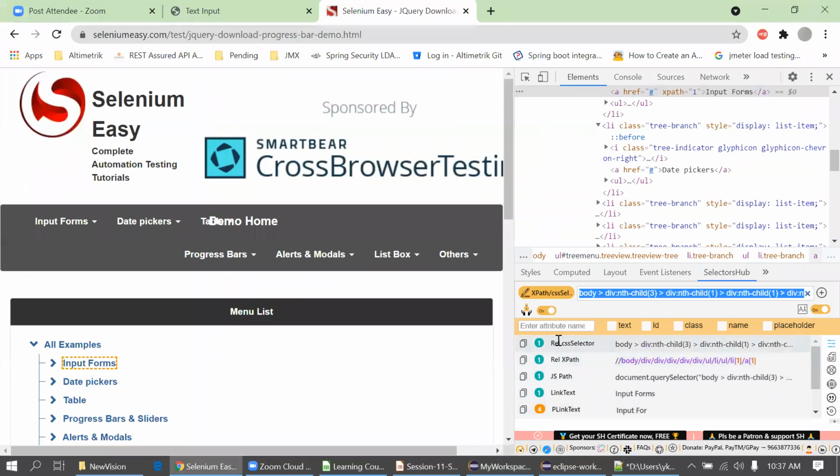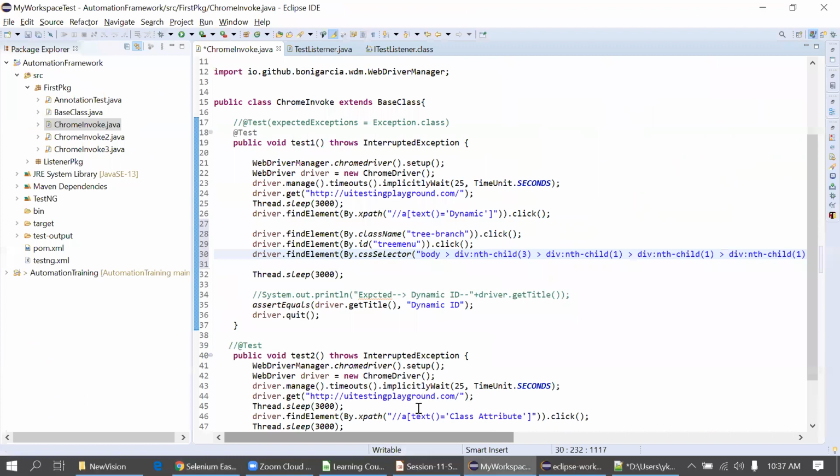Because this is a relative CSS selector. Okay. Yeah, any doubts here, guys? Actually, there is some syntax difference between CSS and XPath. So I'm not using CSS in my project, because we are just preparing the use of XPath.